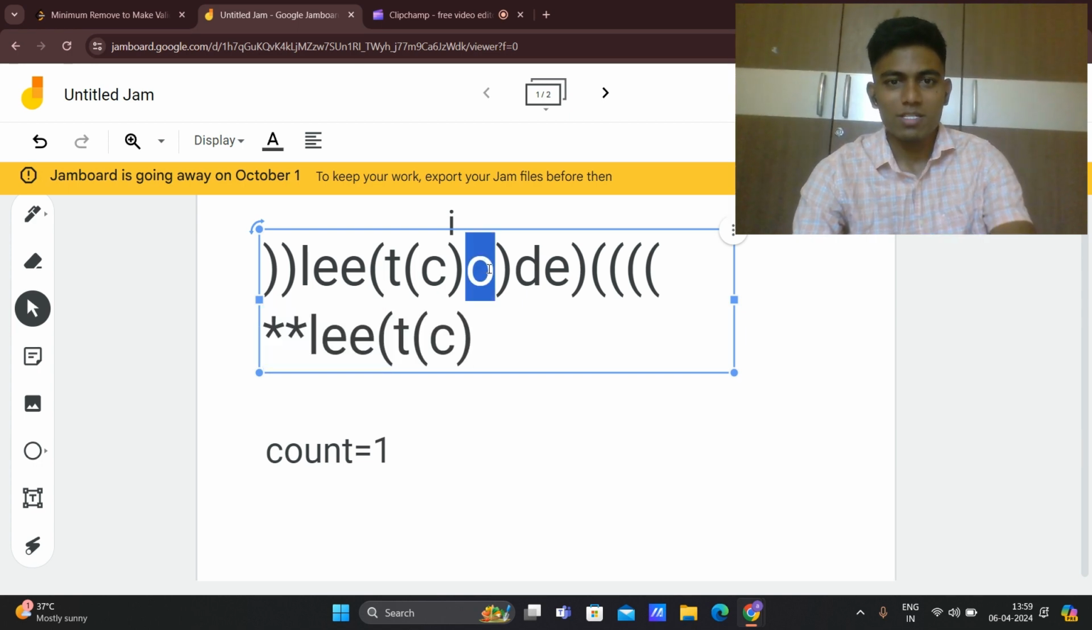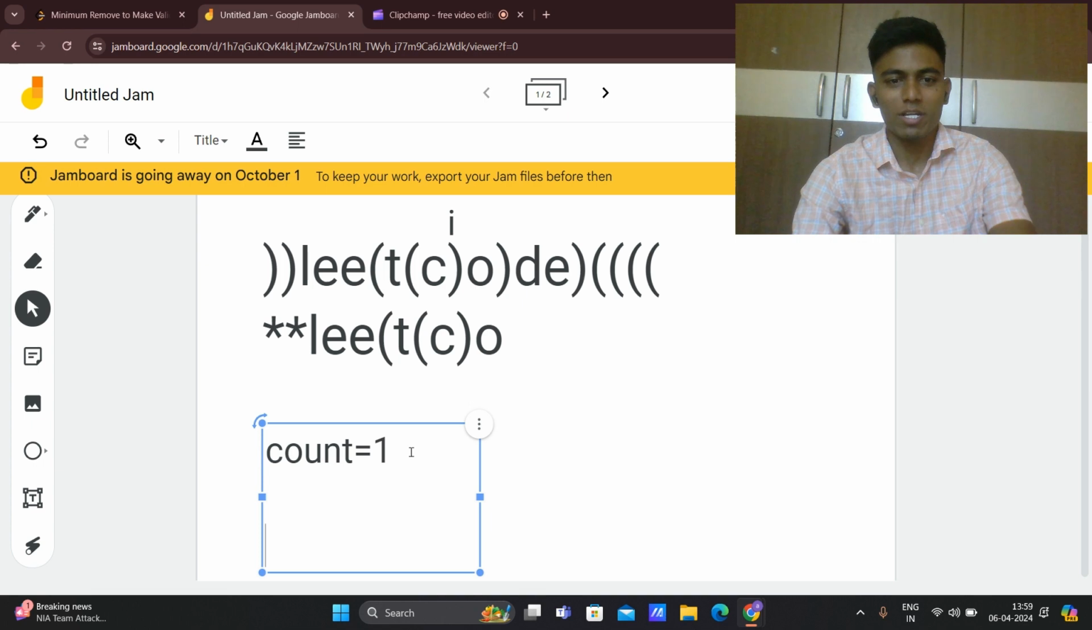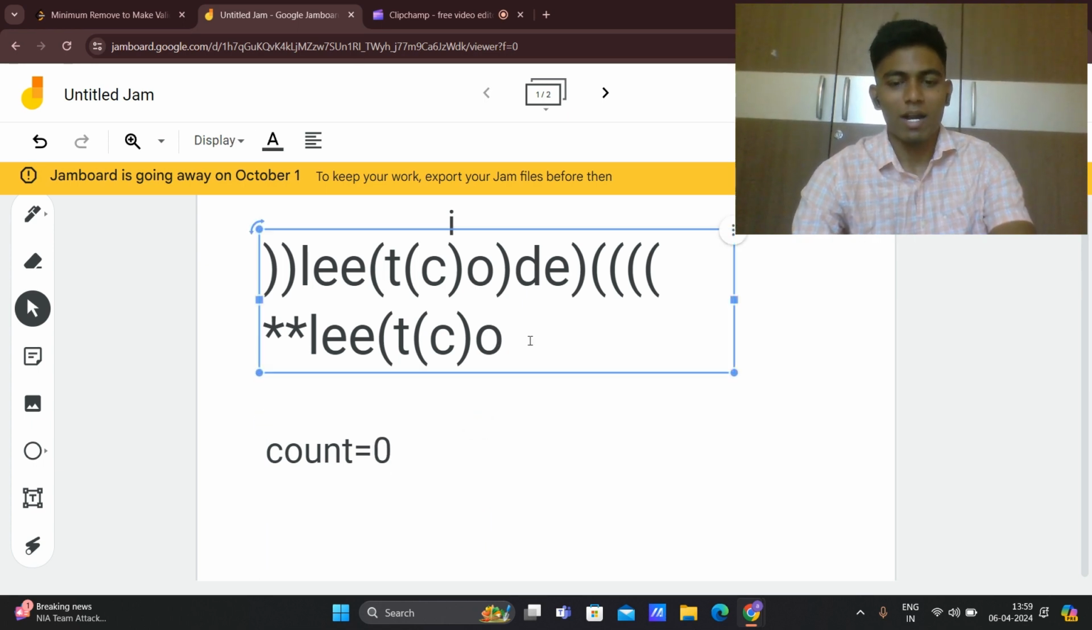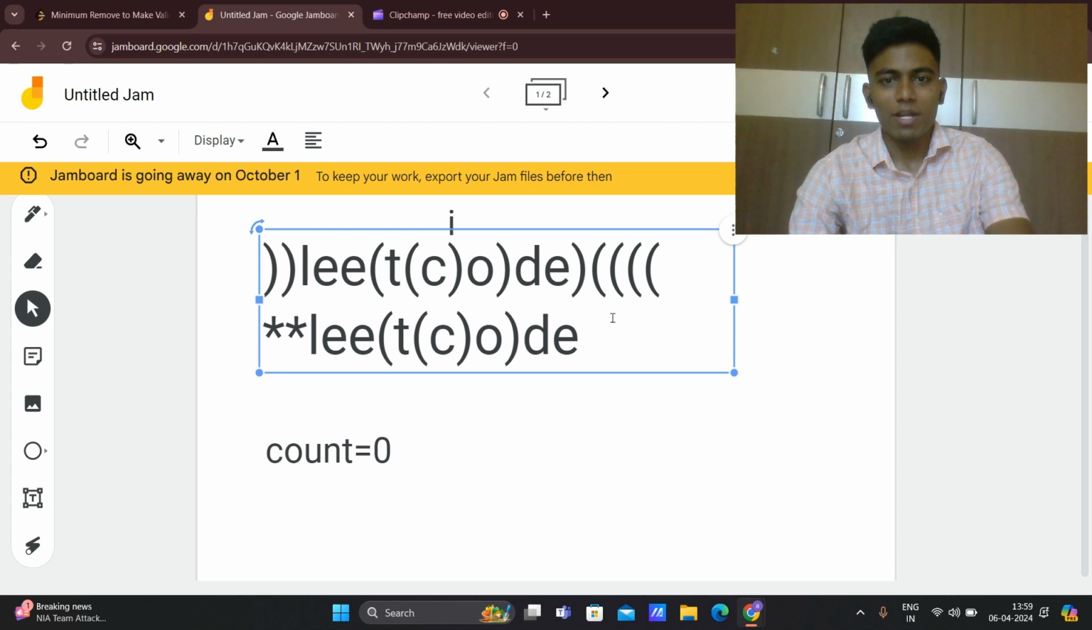Let's say this is O. This character will be taken, and then again we have a closing bracket where count is not equal to 0. So we'll decrement count, and then we'll add the closing bracket, and then again we'll take D and E. So we are going to take DE, and then again we are going to have the closing bracket which is